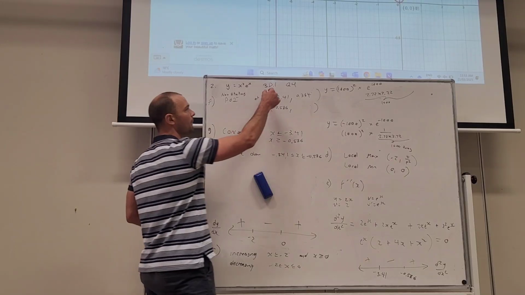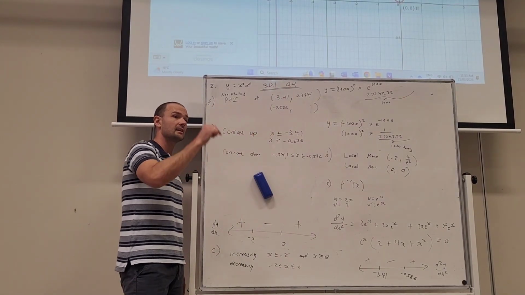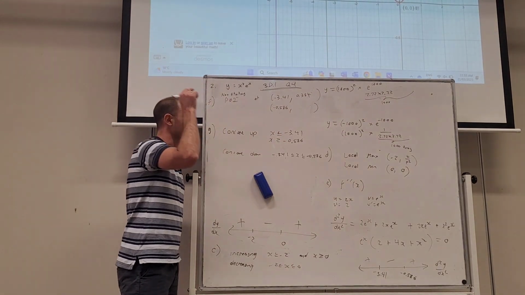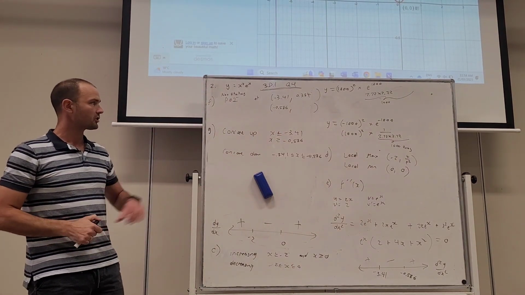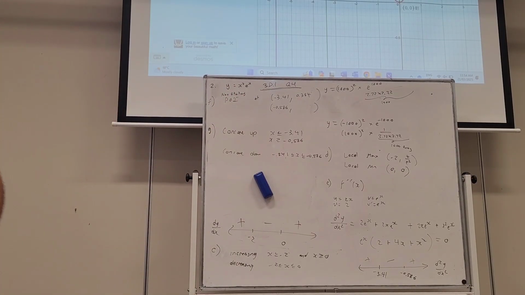Now I said this will pop up, most commonly in 3D.1 question 4. If you have a look at it, you see it says, find the turning points, find them increasing and decreasing, find the points of inflection. It says find all of those features that we've already explored. All right, we'll stop there. So 3D.1, that's enough for you guys to